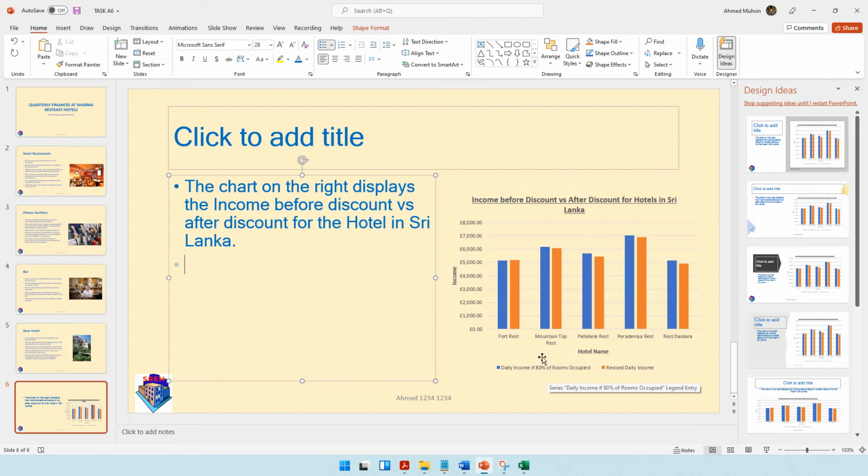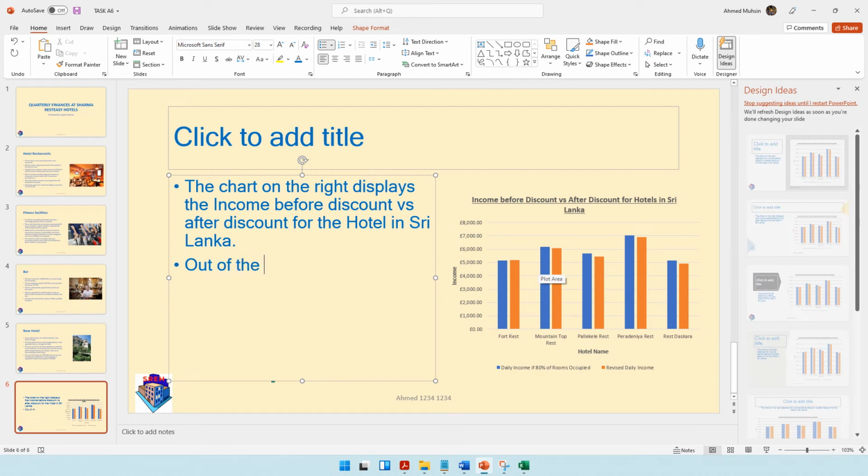The income was higher before the discount was given, because you can see blue color represents the income before discount, and orange color displays the income after the discount was given based on the grade. I do hope you remember. So what you can say is, for 4 of the hotels, for 4 out of the 5 hotels, the income before discount was higher than the income after discount. So we can say 4 out of the 5 hotels had a greater income before the discount